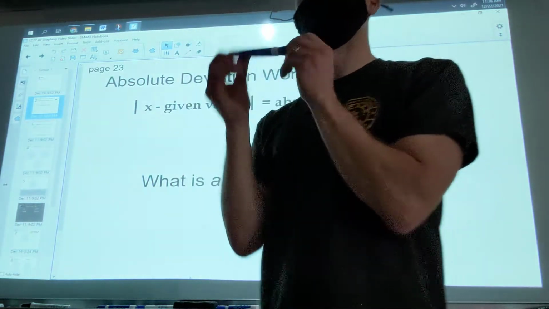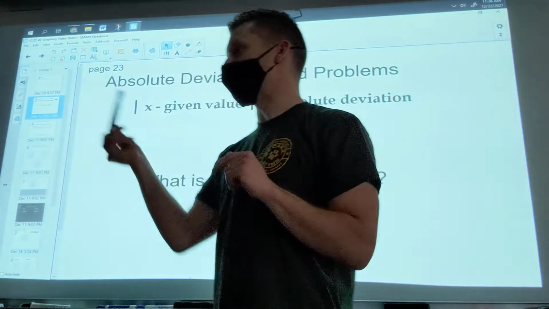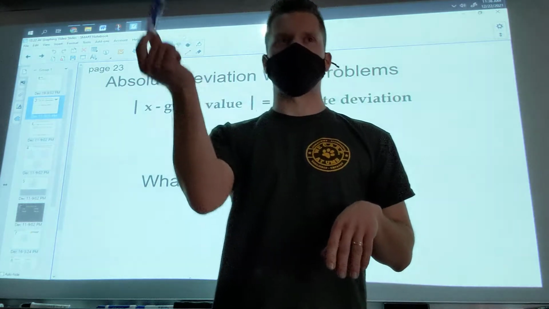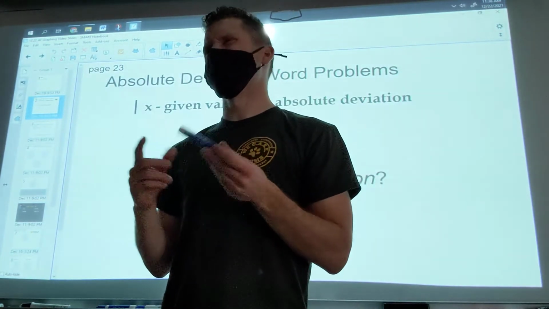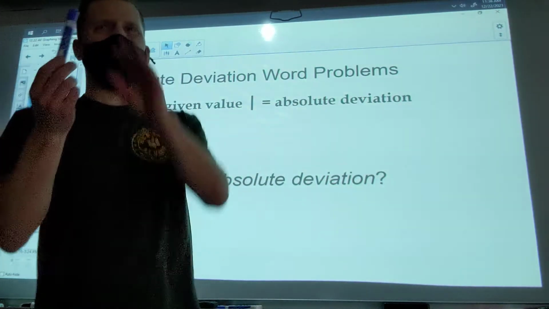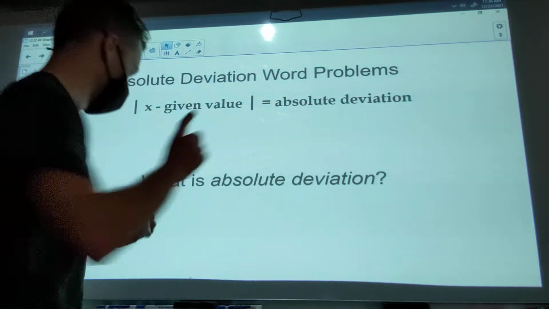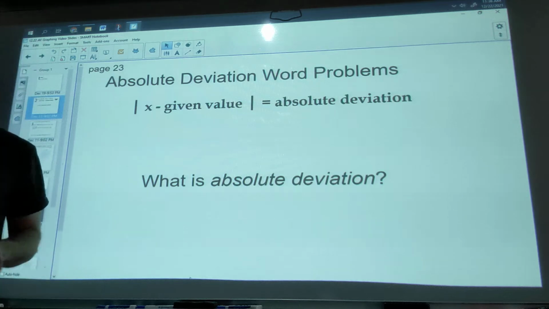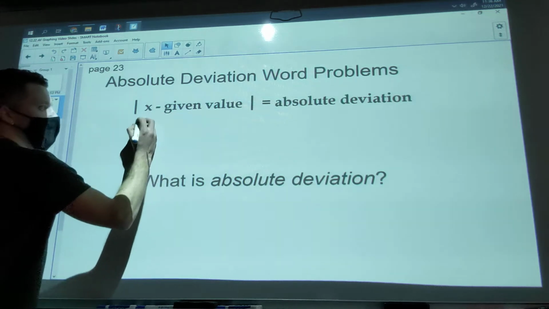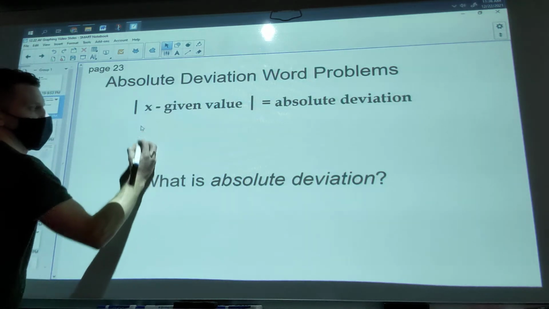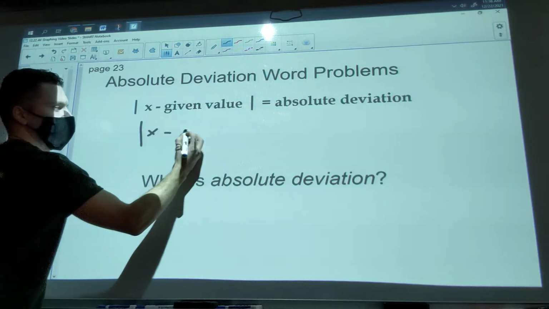So these markers, I'm looking for them to be 6 inches in length. Exactly 6 inches. Although, does the mold put out 6 inches every single time? Or could there maybe be some defects? So 6 inches is what I'm looking for them to be. That is the given value. So when we plug this into the formula, it's going to be the absolute value of x minus that given value